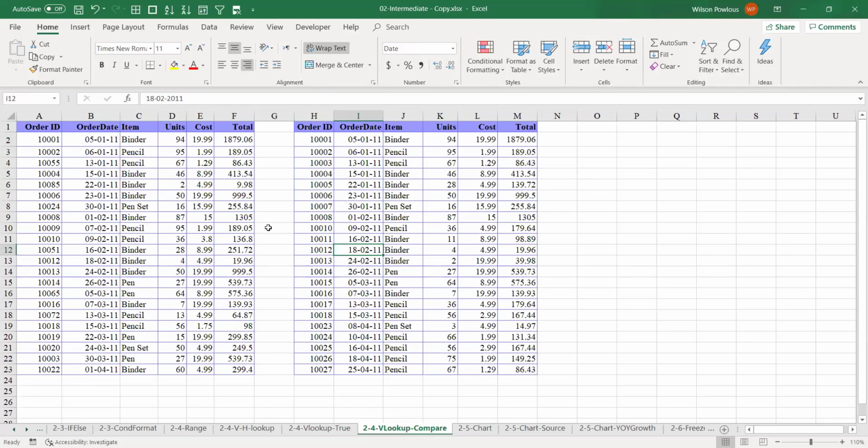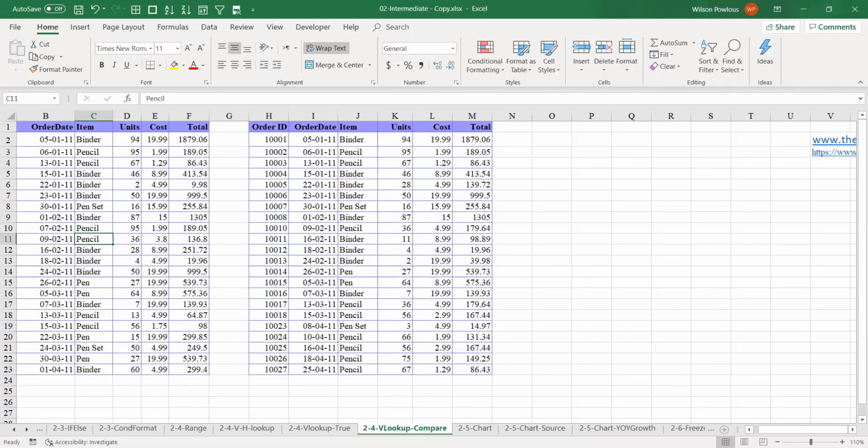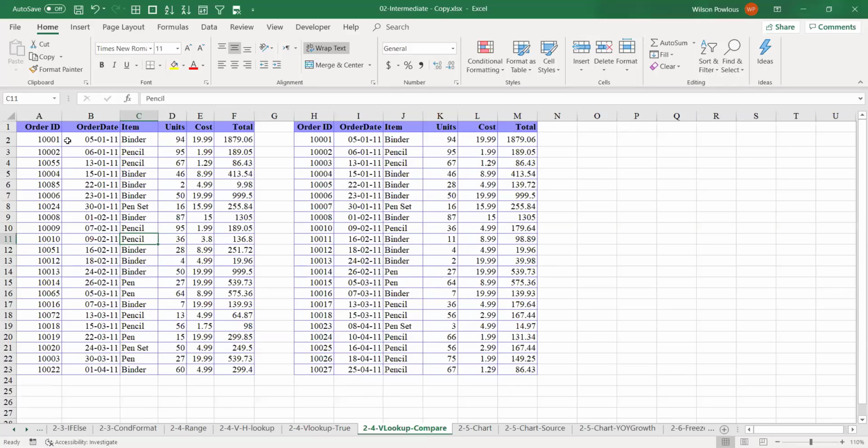So the objective here is, we are checking whether this order ID and this amount exist in the second statement as well. It could be in a different sheet also, but for ease of seeing the result, I'm putting it in the same sheet. What we have to do is use a VLOOKUP. We are going to look for this order ID, say 1001, in this table, and if it is there, we return its value or this order ID. So we'll write the formula here.